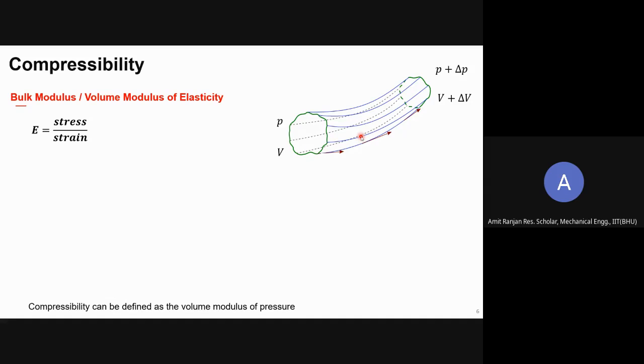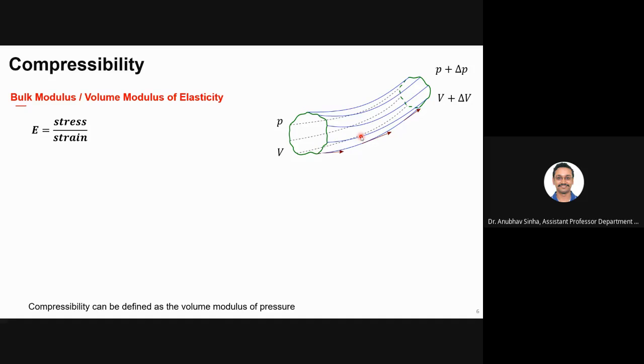A streamline is an imaginary line drawn in a flow field in such a manner that the tangent to the streamline gives the direction of the flow, the direction of velocity. So at all the points on the streamline, if you take a tangent, that will give you the direction of velocity. The idea is that a fluid particle will not cross a streamline because the velocity